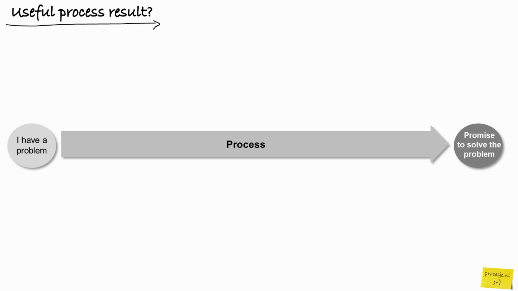And then sometimes I apply very simple tricks because yeah, we're talking about a pizzeria and someone wants a pizza delivered at home and we got the deliver pizza process for that. And one simple trick when someone says to you, I think deliver pizza is a process, then you could turn around the name into, in this case, pizza delivered, and that I think should be the result of your process then. And then you can discuss, is that a useful process result? Do customers want to pay for it? Does it solve a problem? And so that discussion is one I always try to do when I start these kinds of projects.